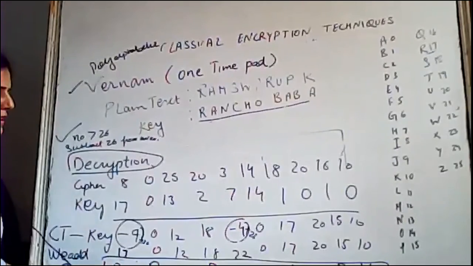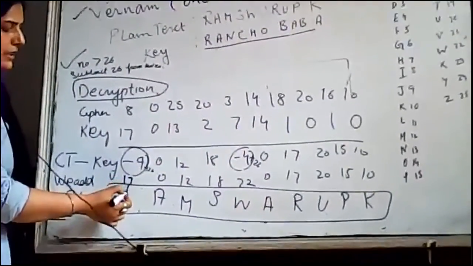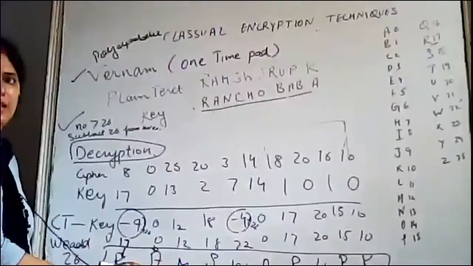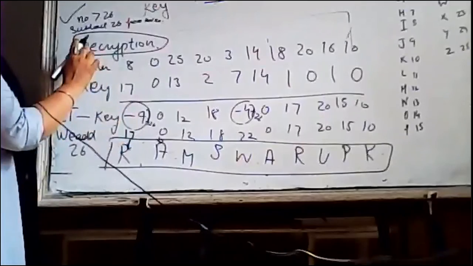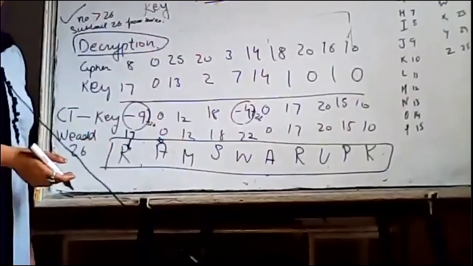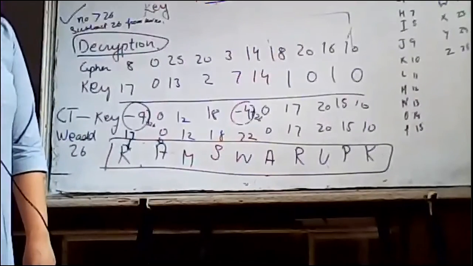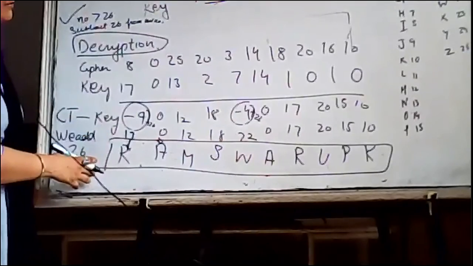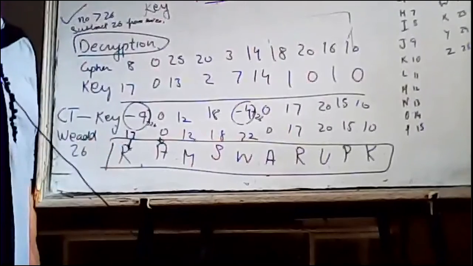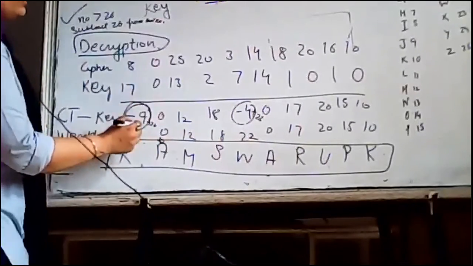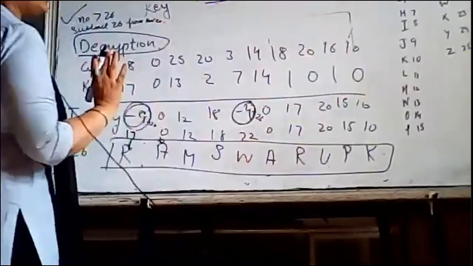I think my blackboard was not visible to you, but now you can see that. These are the tags that I am getting. Right? So just remember two things. For encryption, if we have a number that is greater than 26, we have to subtract 26 from that number. And in the case of decryption, if we have a number in negative form, we have to add 26. So in my case, only two numbers needed 26 added, because I don't have any corresponding alphabet for the negative.